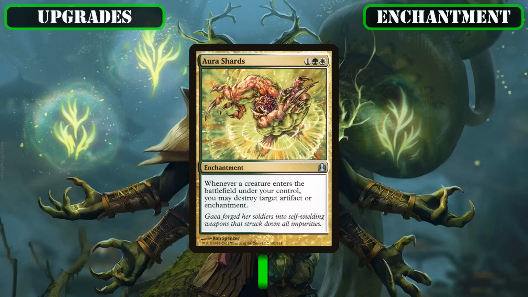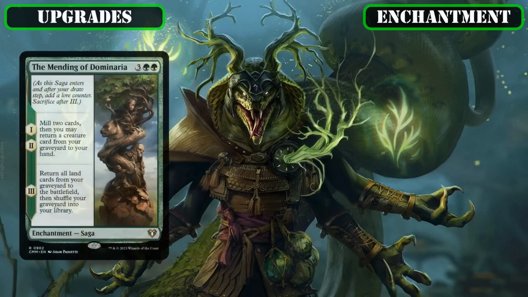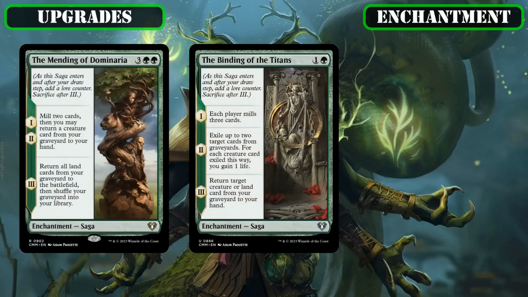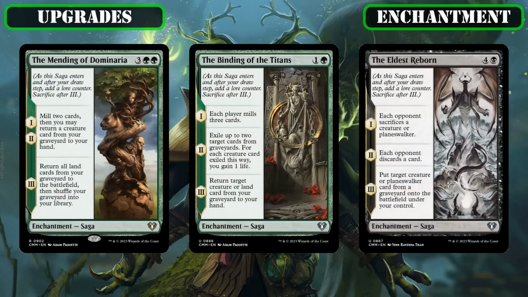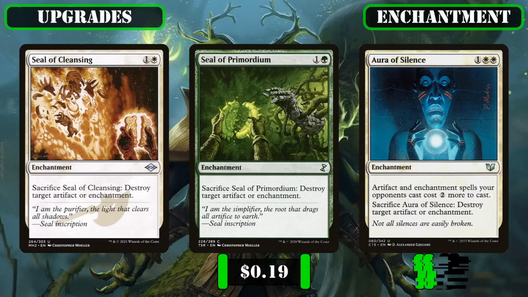axing the somewhat underwhelming Saga Love Song of Night and Day for the more powerful Aura Shards, which this time provides the build with repeatable back row removal whenever a creature ETBs under our control so we can pick apart our opponent's artifacts and enchantments, and the core build's remaining sagas, the Mending of Dominaria, the Binding of the Titans, and the Eldest Reborn, all being sidelined in favor of the additional removal pieces Seal of Cleansing, Seal of Primordium, and Aura of Silence,